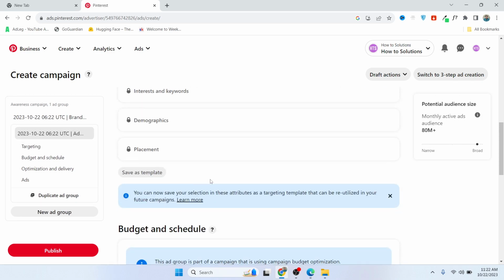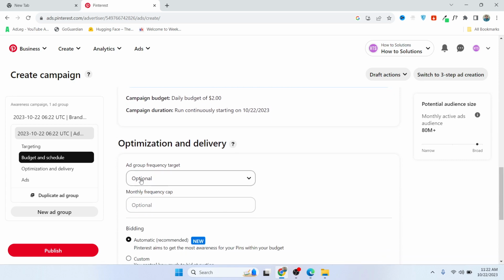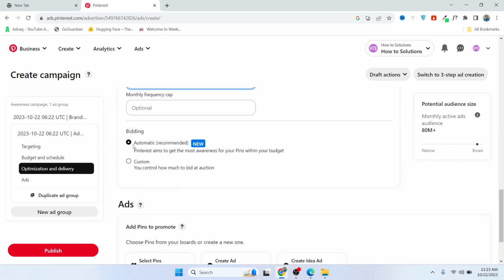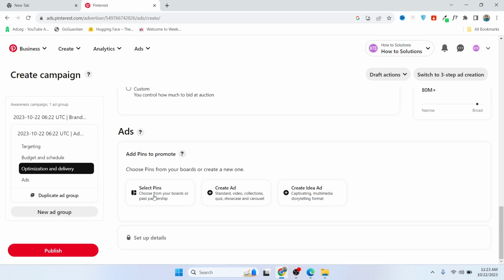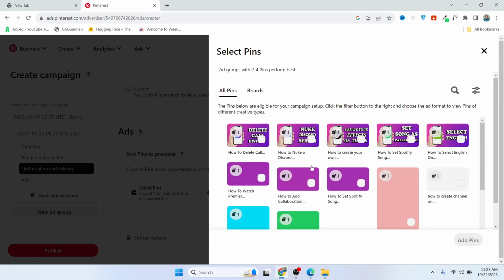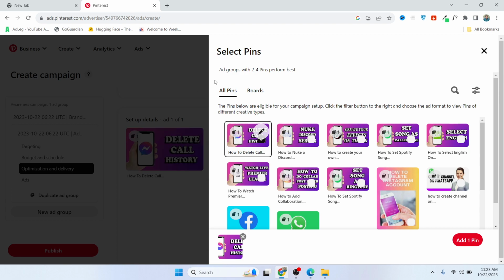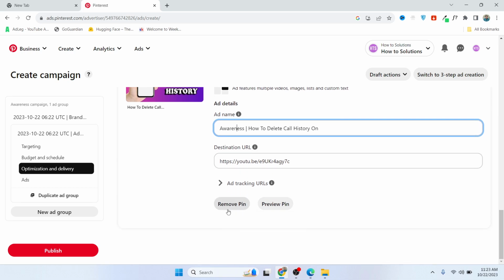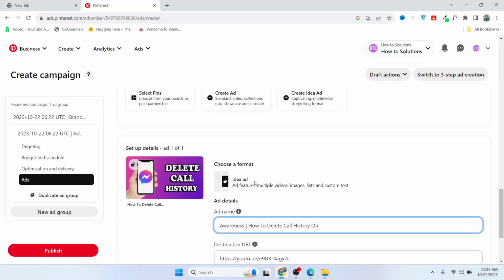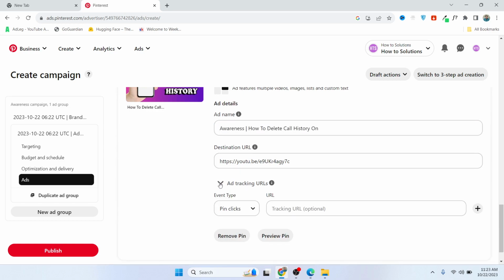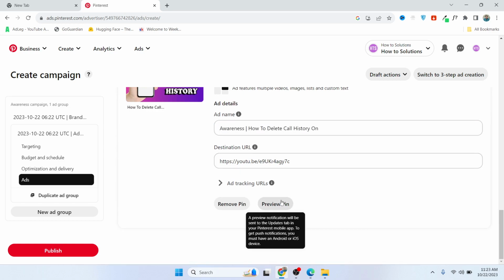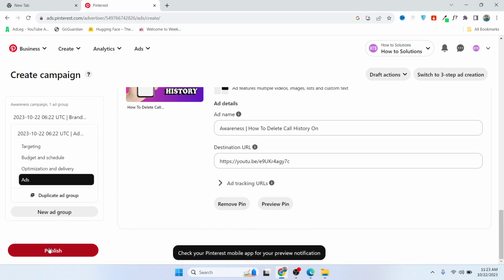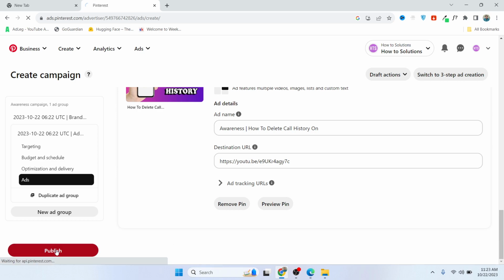and here you can add different details like ad group, frequency, heading, and from here you need to select a pin. So let's suppose I'm going to select this one. Okay, and add the name and the destination URL. So once you've done that, here you can see that you can add a tracking URL as well. So you can preview your pin from here and click on publish,